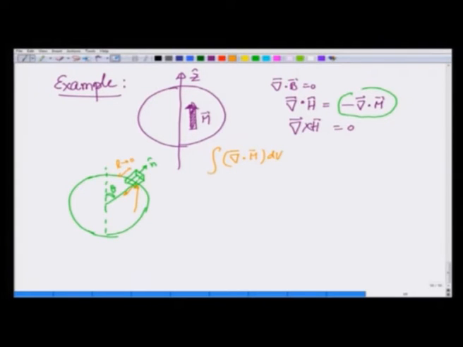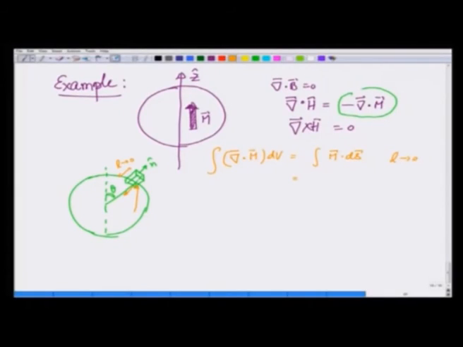Therefore, when I calculate the integral of divergence of m dV, which is going to be equal to integral m dot ds by divergence theorem, and since this length L goes to 0, there is no contribution from the side surfaces. In this case, although m has component along the perpendicular of the surface, the length is going to be 0, and therefore, the contribution from there is 0. The only contribution I get is from the inner surface where n is going in. So, this becomes m cosine of theta, with a minus sign, times this area A,